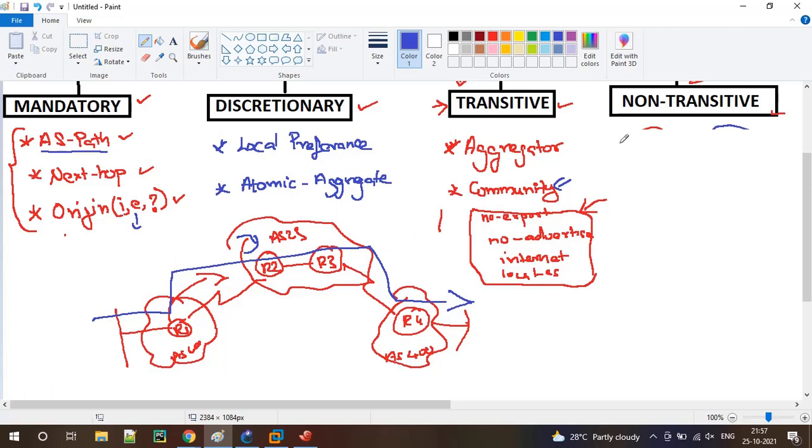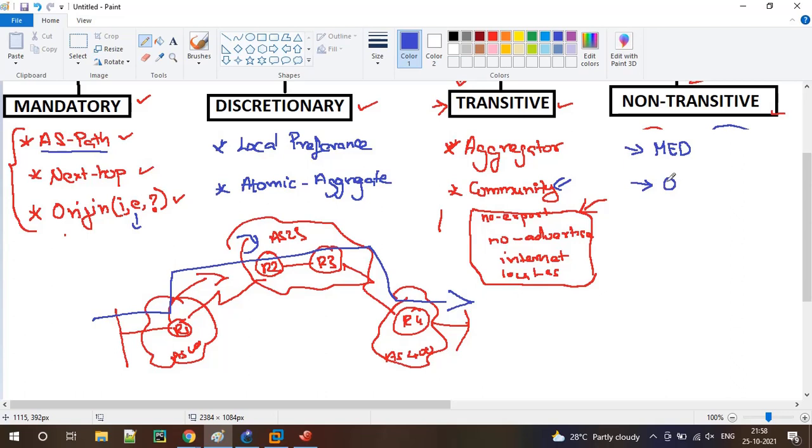When I say it is non-transitive, it is just the opposite of optional transitive. A few attributes in the non-transitive category are MED, which is related to metric, the multi-exit discriminator, that is the abbreviation.